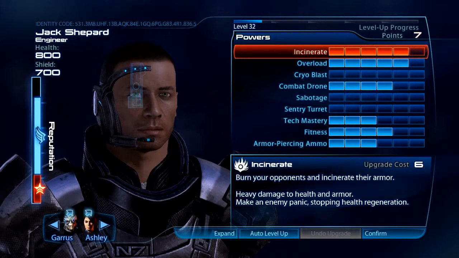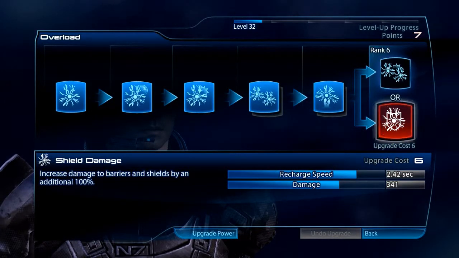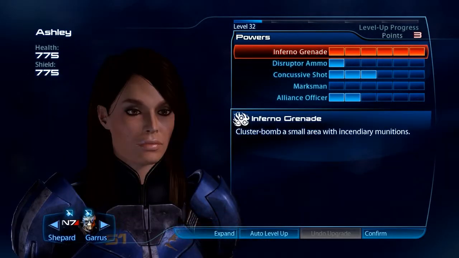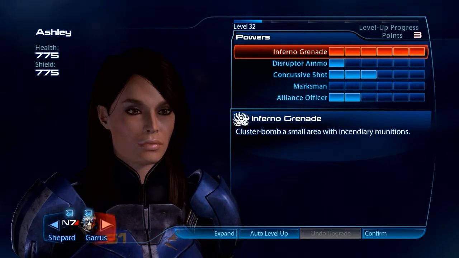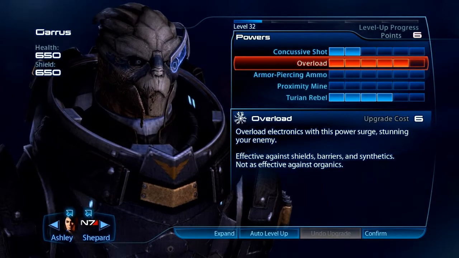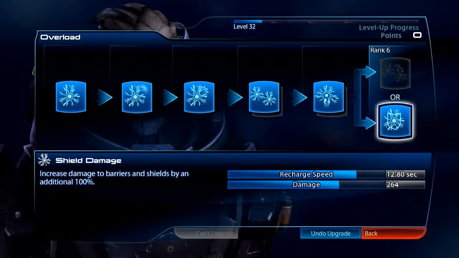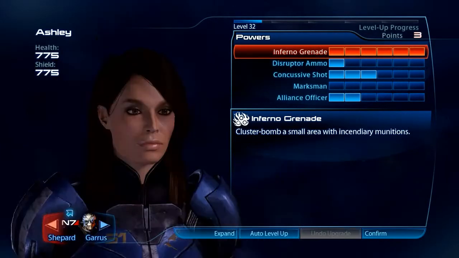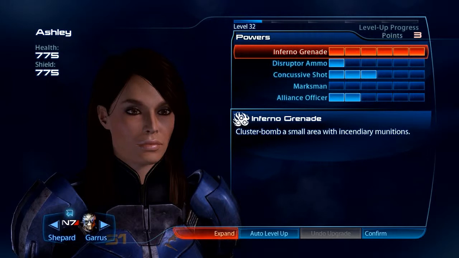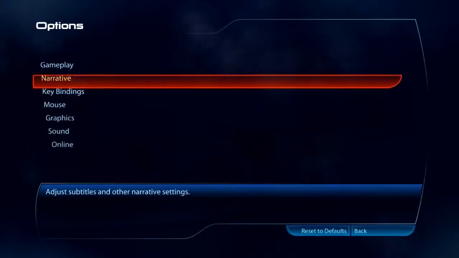Part, we leveled up. And what do I want to get? I'm going to get shield damage, max out overload. And I have 1 pity point. Ashley, get some more weapon damage, but I'd rather level up concussive shot. Garrus, yeah, I'm gonna max his overload. And then we'll work on passive probably. Oh, and one thing I didn't mention, I didn't switch her armor to weapon damage armor, mainly because her weapon damage armor looks ridiculous. So...